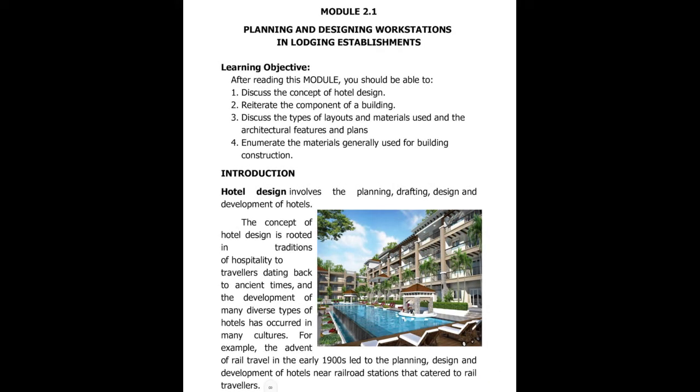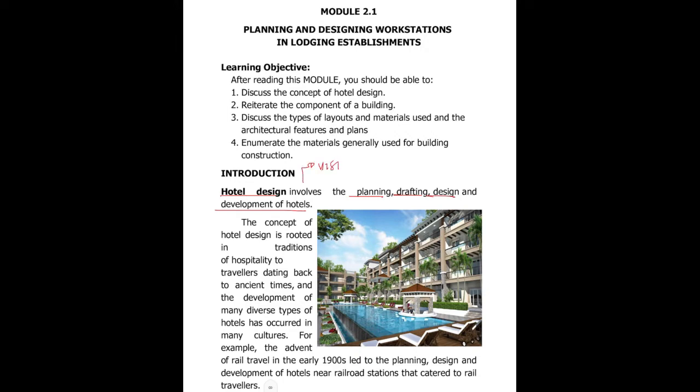Now let's begin discussing the planning and designing workstations in lodging establishments. For the introduction, there is a word that is being emphasized here, the word hotel design. So hotel design involves the planning, drafting, design, and development of hotels. To simplify the definition, hotel design is focused on what we call